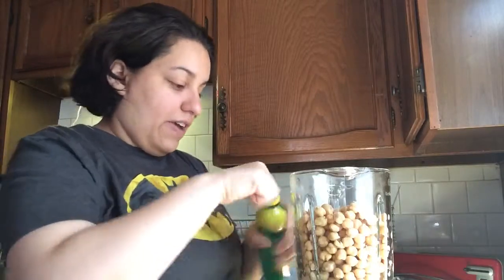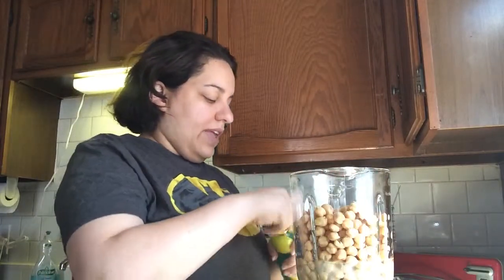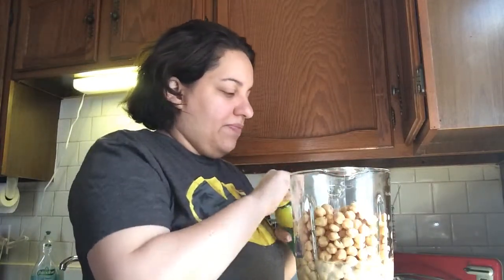Not too much. And then, of course, with the juice, if I can open it up, because this is a brand new bottle. There you go. I'm going to put maybe a half a cup as well of the lemon juice, because you want that tang. Now, I've seen a lot of nationalities have the hummus, and you can taste it, just the